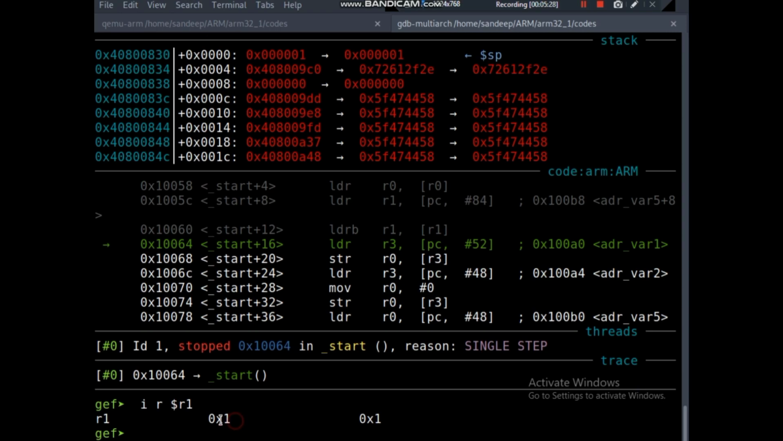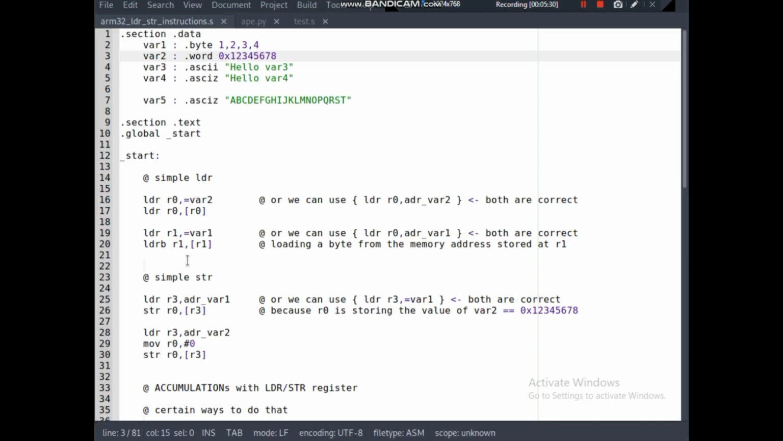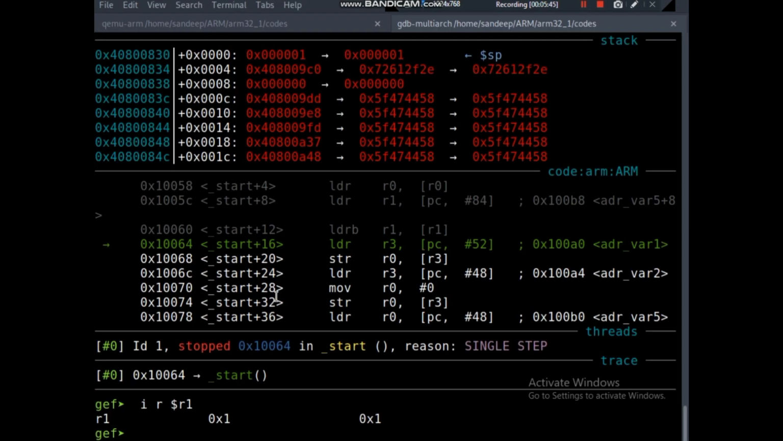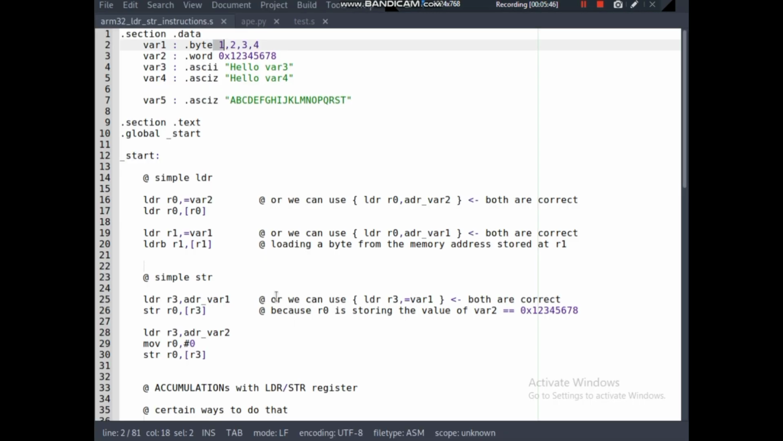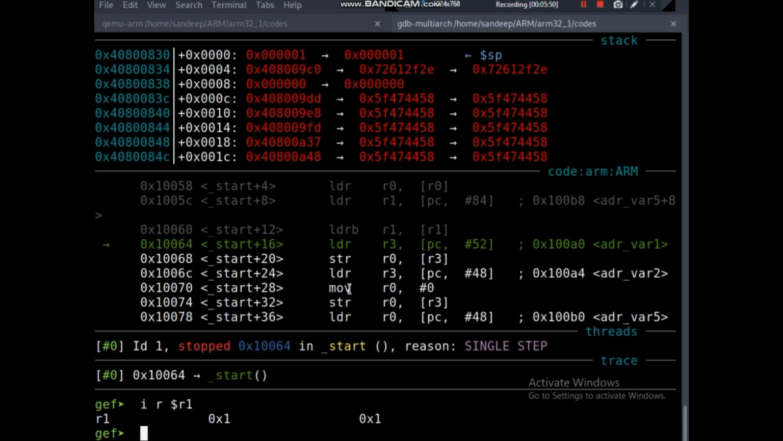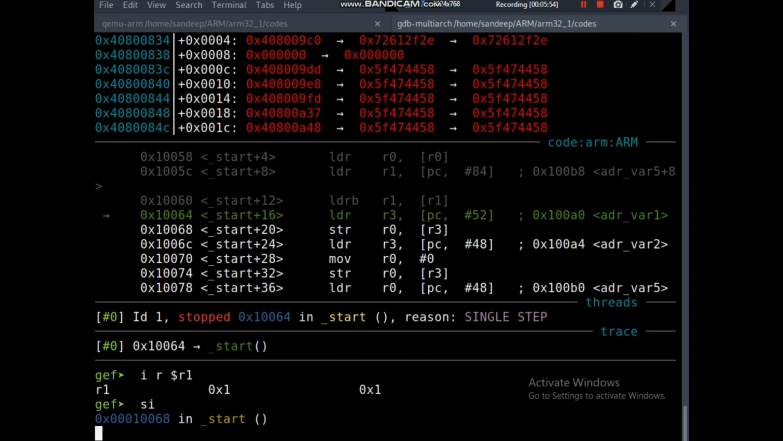So it is 0x1 because we are instructing the computer, hey, load the register R1 with a byte from this memory address. So it will store the variable 1 byte into the R1 register, which is actually the same as what we are seeing in the program. Next we are loading register R3 with variable 1, doing just the same thing, loading R3 with the variable 1 memory address